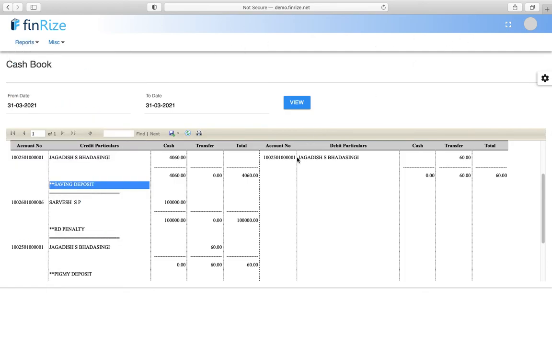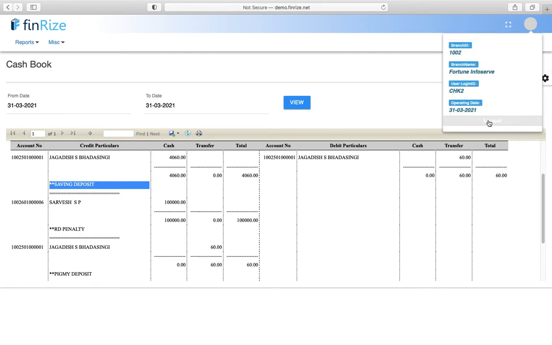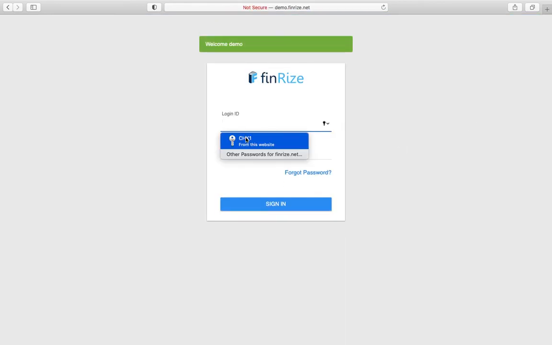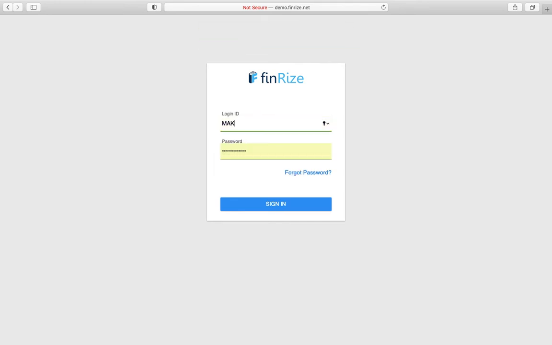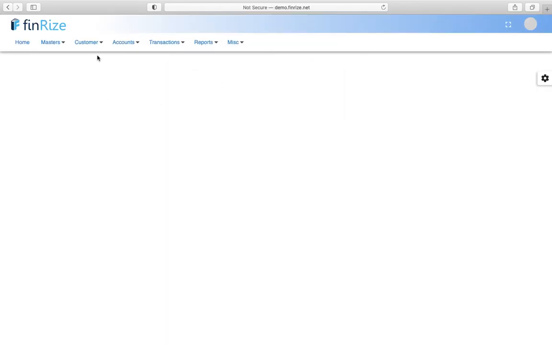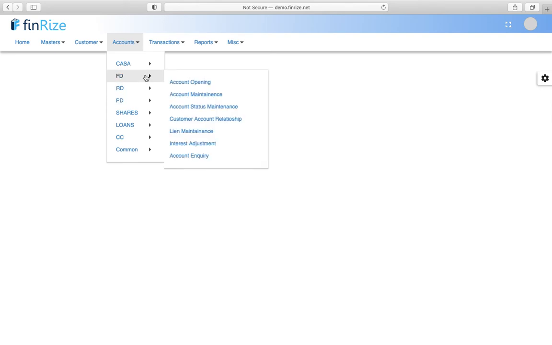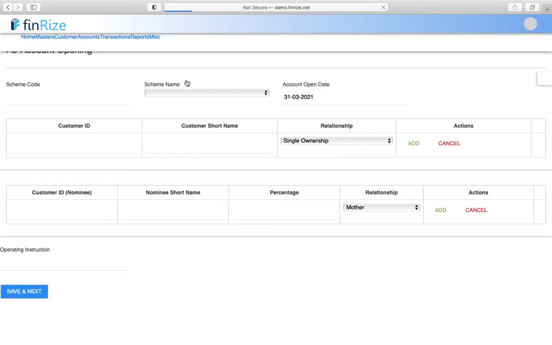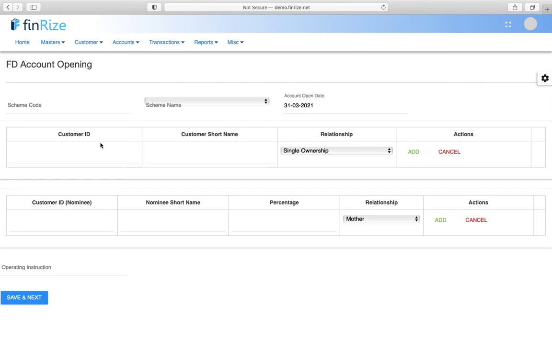Okay, before we create loans, I just wanted to log back in as a maker and create some FD accounts. Let's understand, because largely CASA, FD, and loan, if you understand these, you will understand more of the system, right? So let's have the FD account for